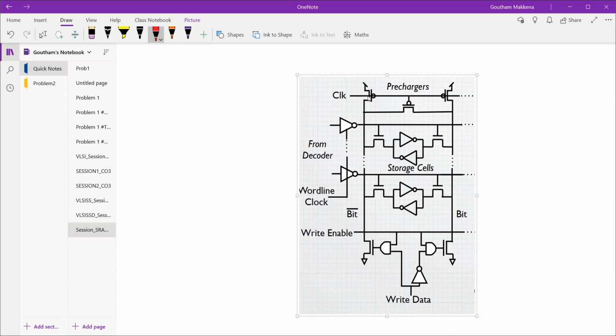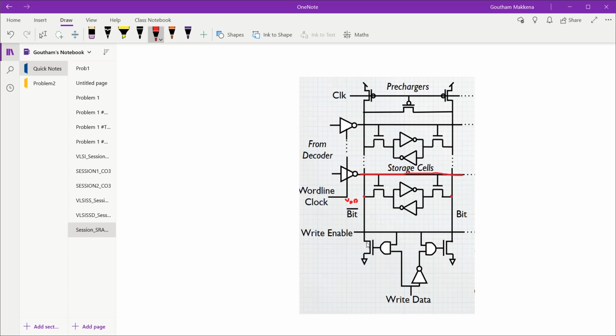Initially when clock is 0, the pre-charge circuit is on, and these two nodes are pre-charged to VDD. Once the clock goes high, this word line goes high from the address decoder, and